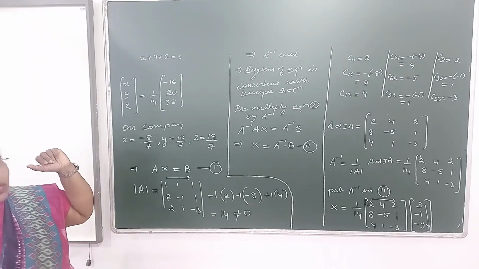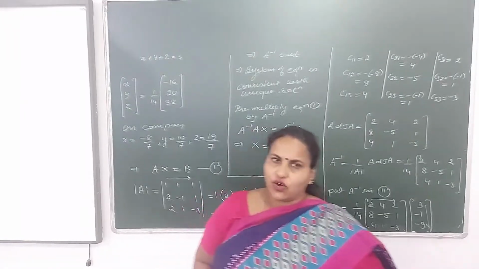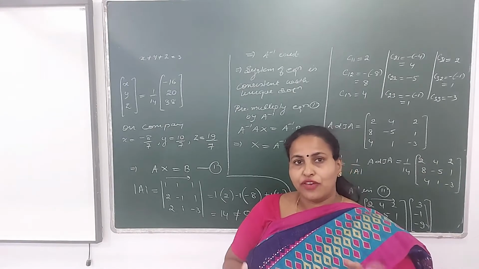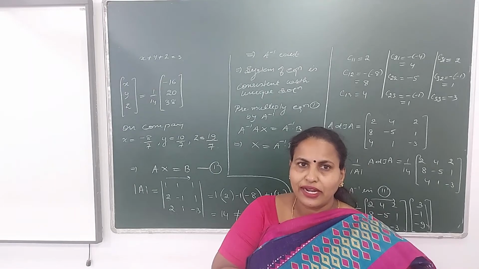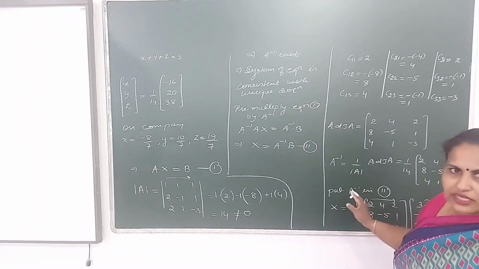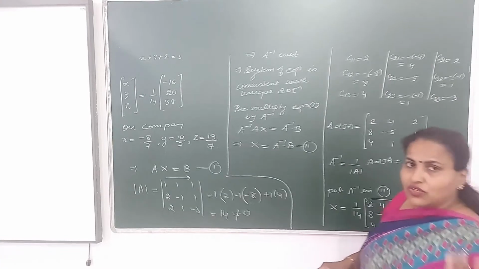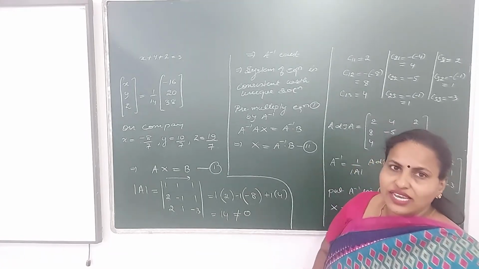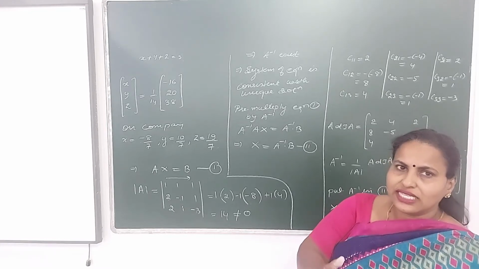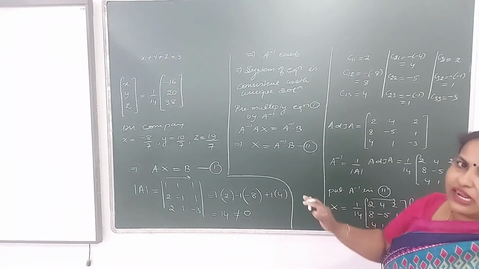Yes, it is. Okay. But suppose you get the values of X, Y, Z wrong, meaning they do not satisfy the equation, then you have to check where you have made the mistake. So how will you identify it? See, up to this step you have already checked. It is all correct. Why so? Because there you have checked the cofactor and the determinant, using the formula that row wise or column wise, when each element is multiplied by its cofactor, the sum is equal to the determinant of A. Using this concept, we have already verified that till A inverse the value is absolutely correct.